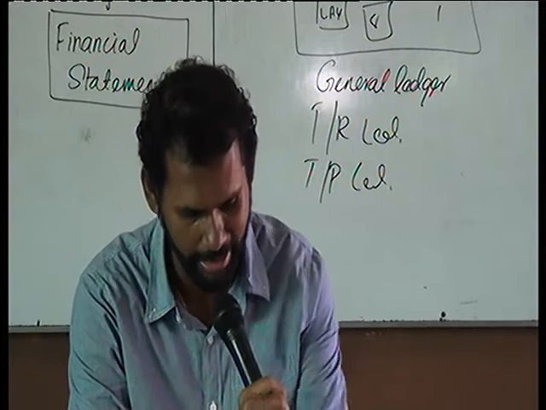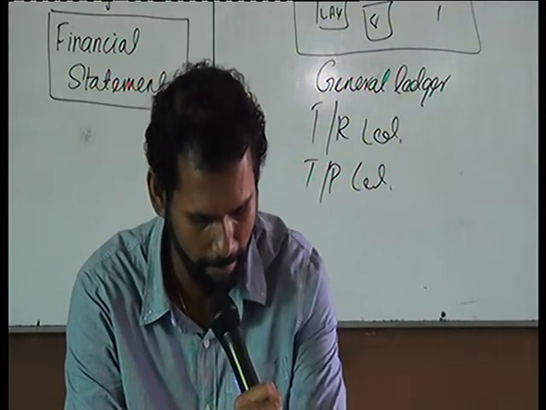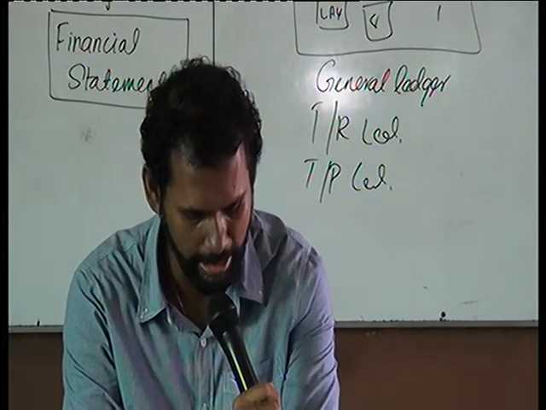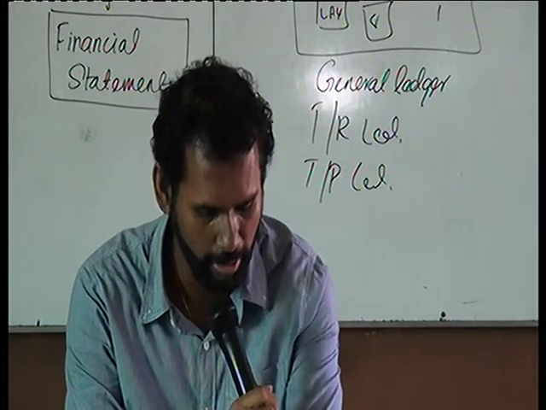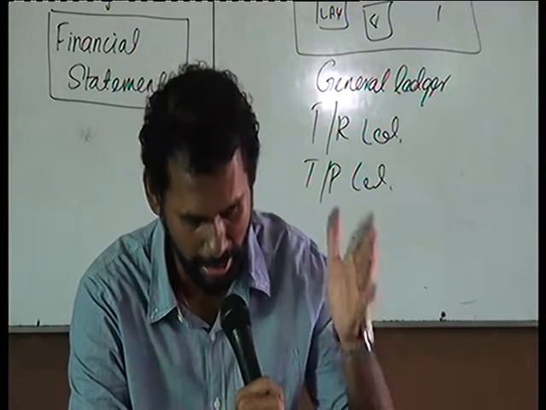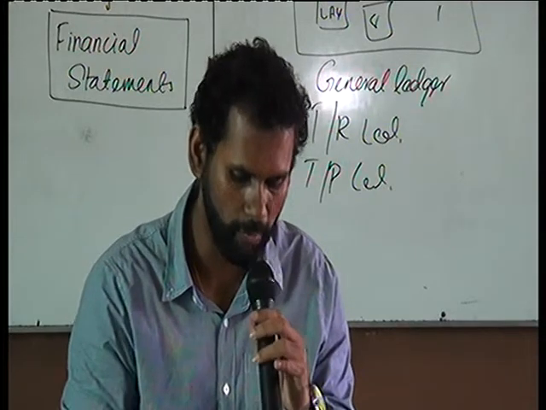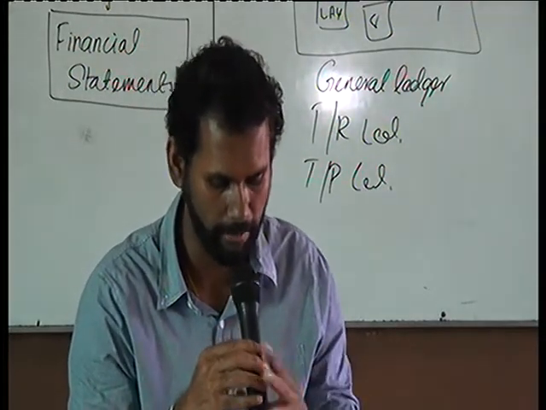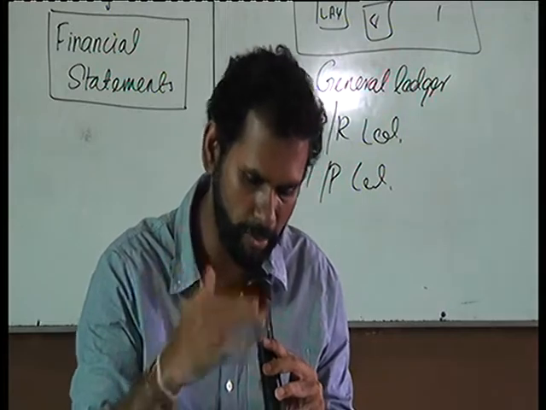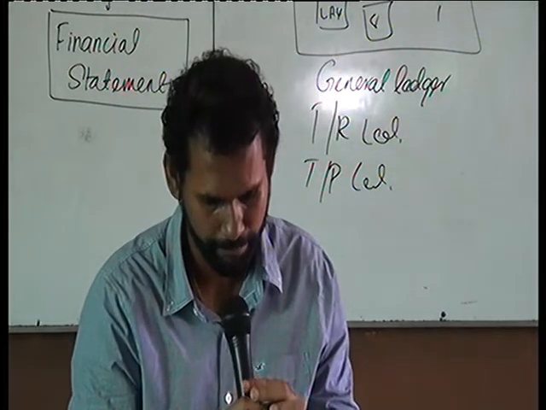general journal. We call it as general journal. That is also a prime entry book. General journal is where we will be recording all the transactions that are not recorded in other prime entry books. We'll be looking at it later as to the definitions of what needs to be recorded in these prime entry books and what is the format of the prime entry books. We'll be looking at it later.